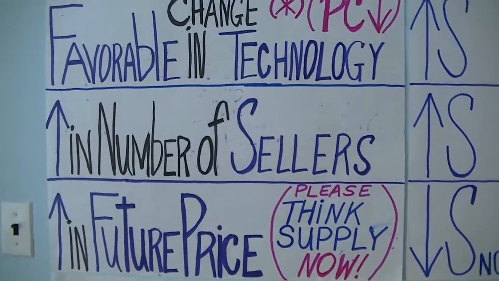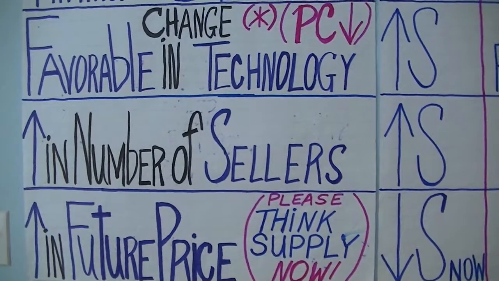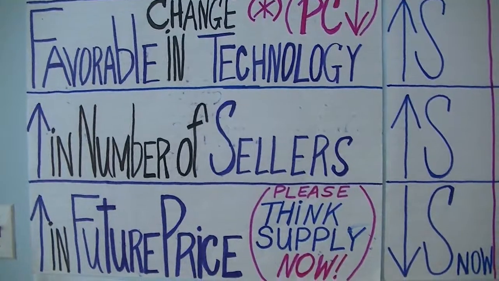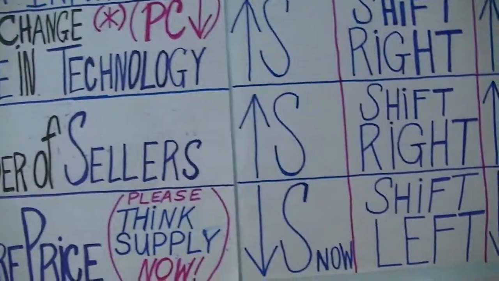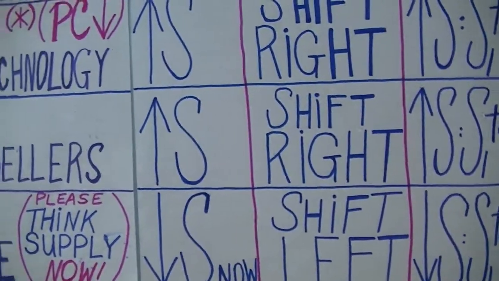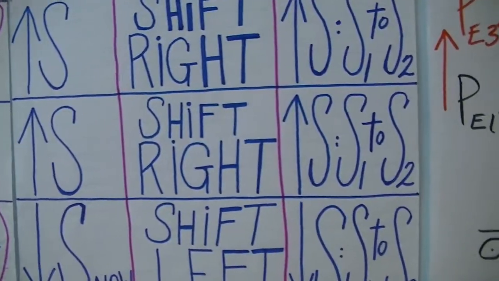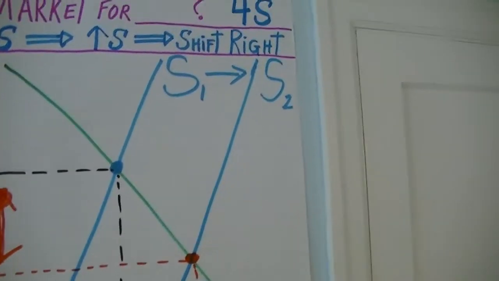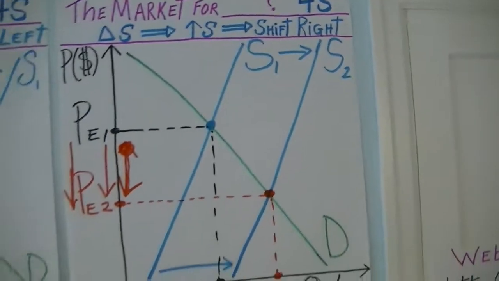Remember when we did Tough Times Bank? There was an increase in the number of sellers because of the bad news, and that led to an increase in supply. Well, when you increase supply, the mechanics say shift the supply curve to the right. For example, from S1 to S2 on